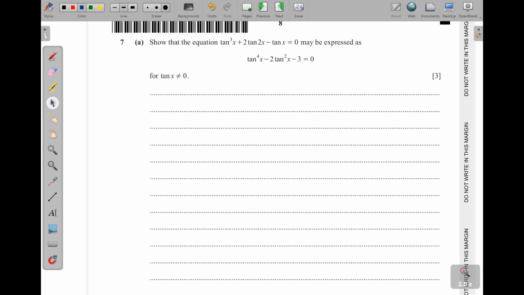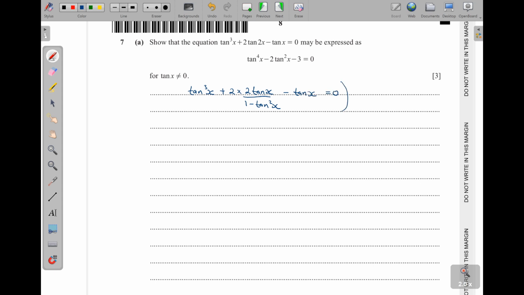Question 7 part A, show that the equation tan cubed x plus 2 tan 2x minus tan x is equal to 0 may be expressed as tan power 4 of x minus 2 tan squared x minus 3, which is equal to 0 for tan x not equal to 0. Now using the double angle for tan, this one is going to be tan cubed x then plus 2 times 2 tan x out of 1 minus tan squared x and then minus tan x, which is equal